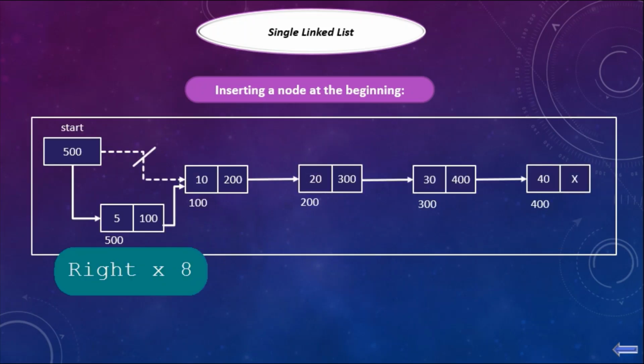We can do that by breaking the link between the start and the first node which contains the address 100, and assigning the address of the new node which we are creating, which we want to add at the beginning of the linked list. We have to assign the address of that node in the start pointer, and after that we